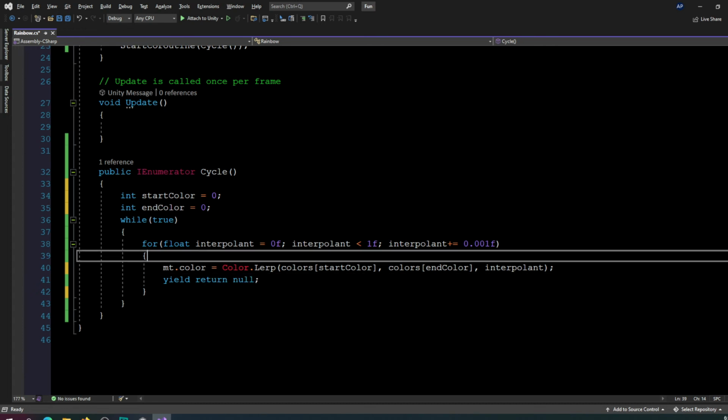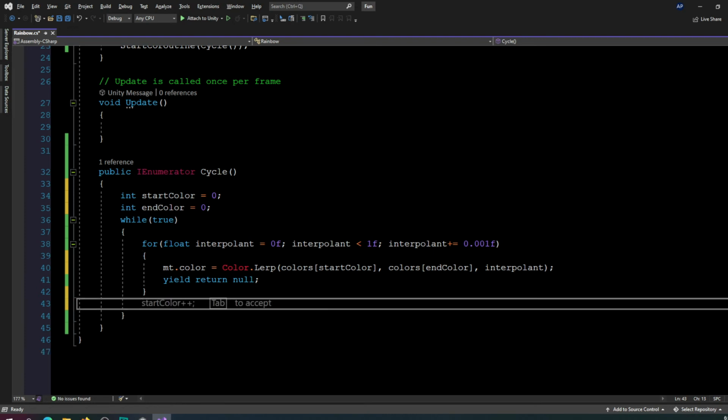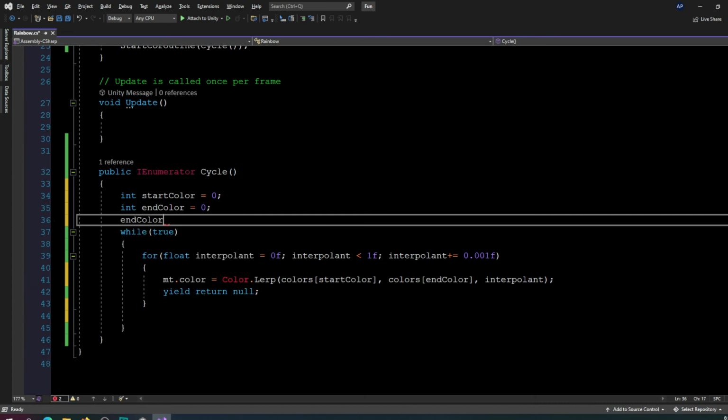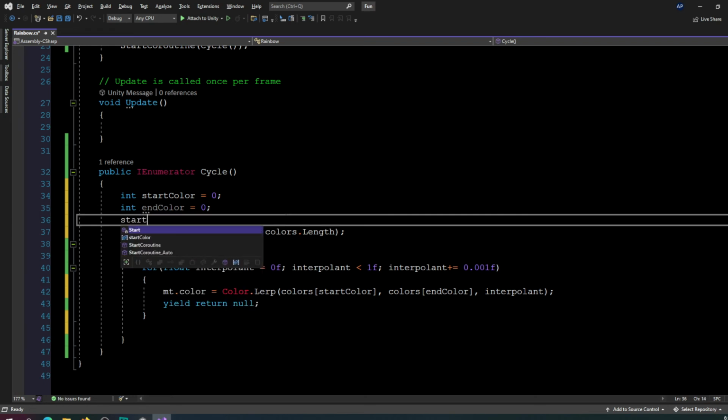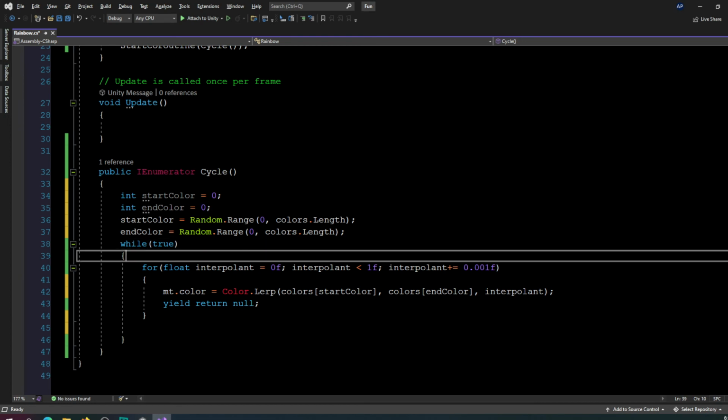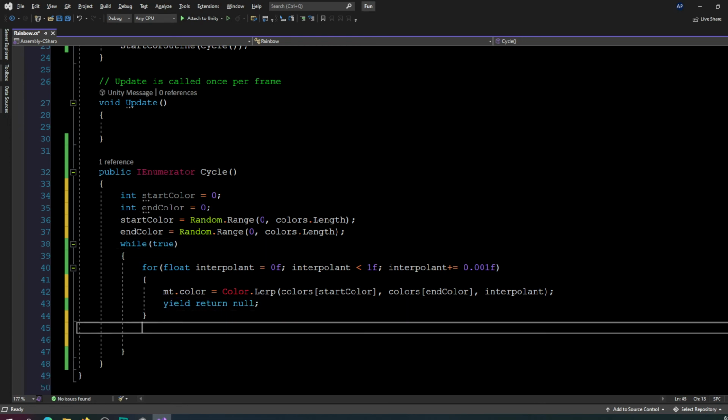So here we need to change what we're actually going to. For example, at this spot, once this finishes one loop, we could do something like end color is equal to random dot range 0 colors dot length, and it's exclusive of the max. So this would go from 0 to 6. And then after this is done, we would just